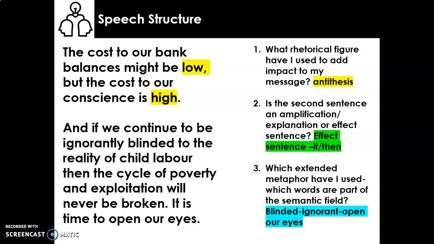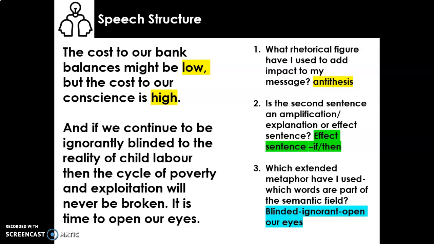Brilliant. Because high and low are opposites, that's our antithesis, where writers will use opposites within a sentence for impact. We've used anecdote in the beginning of my speech where I was telling a personal story. Now we've used antithesis. So we are creating that high to middle style. We've got lots of rhetorical figures, sometimes blended with colloquial and everyday language. Okay, so it's an effect sentence for number 2.